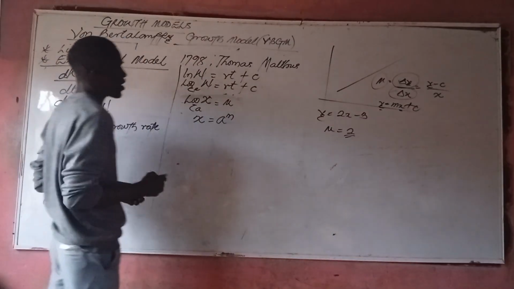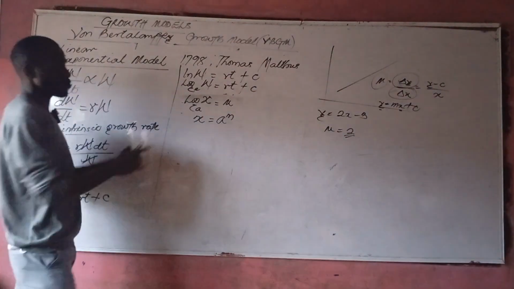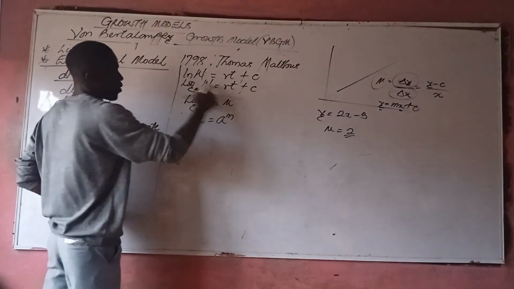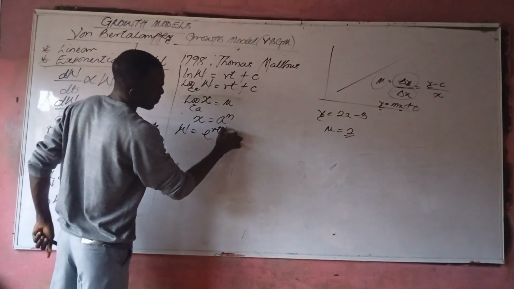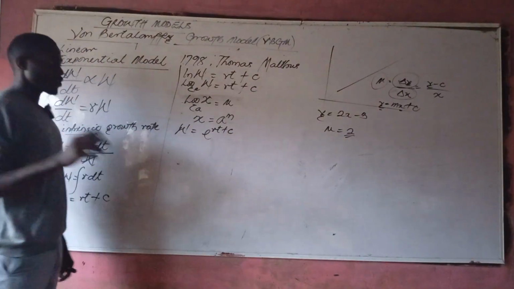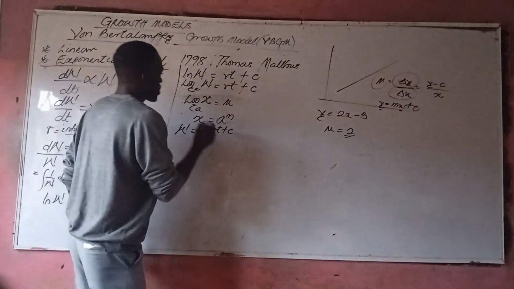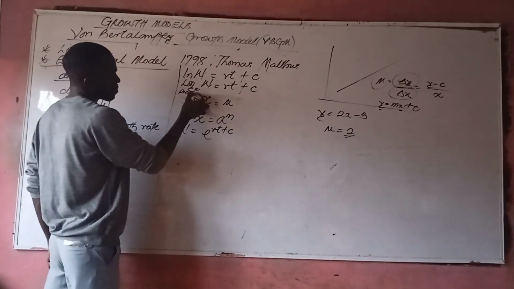This base will kick this guy up. So the same way is what we're going to do here. This guy will come and kick everything here up, and w becomes e to the rt plus c. But of course, please recall